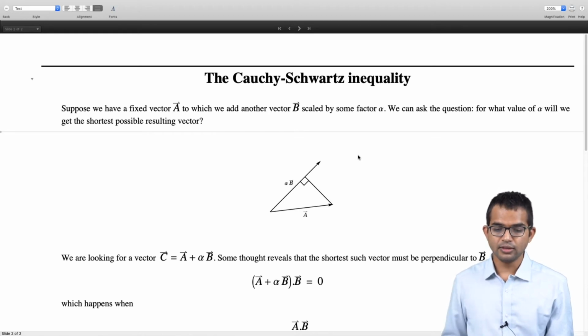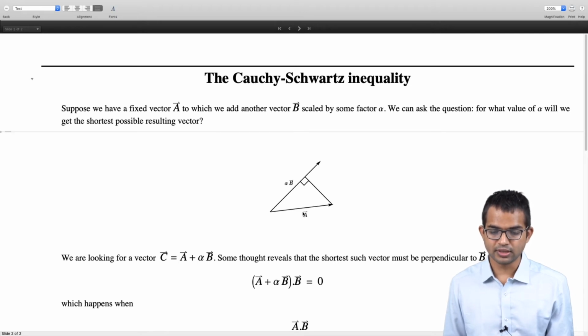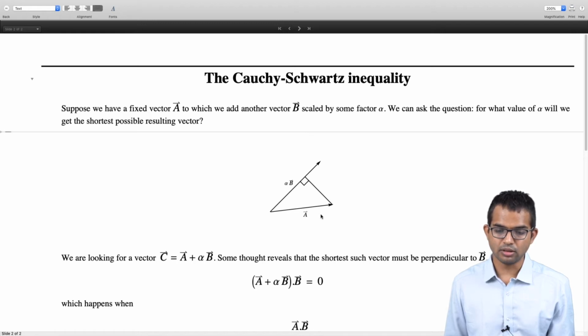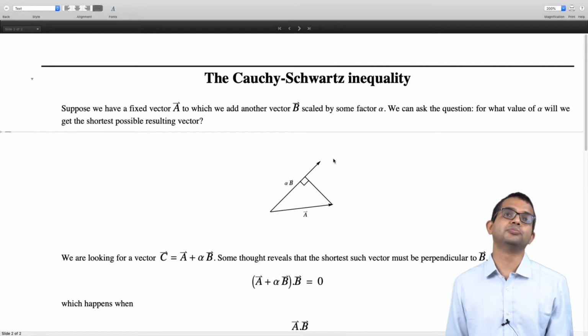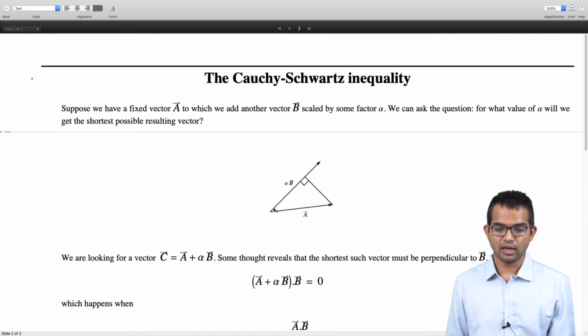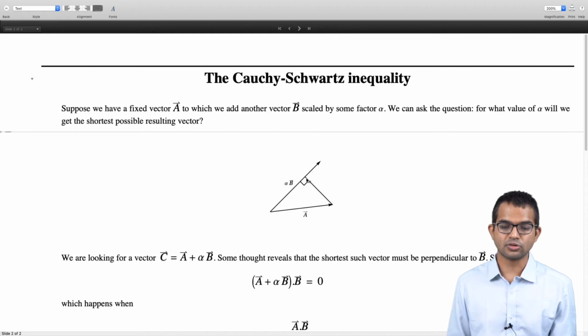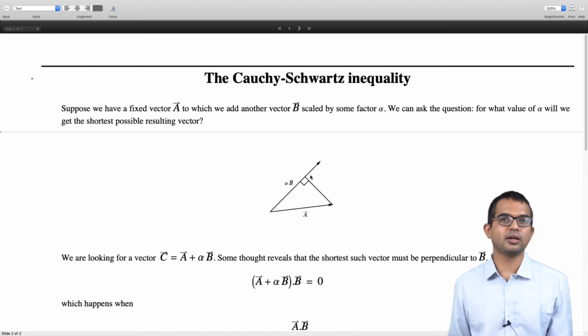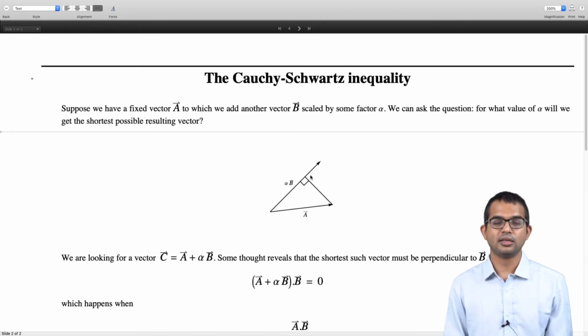So geometrically, you see that if I want, what is A plus alpha B? It is this third vector. The third vector is going to be minimal if I can somehow ensure that this third vector is going to be perpendicular to the direction of B, right? So I'll have to keep B at exactly this length, so that the third vector is going to be perpendicular to B. If I can arrange this, then I'm going to get C to be the smallest possible, right?